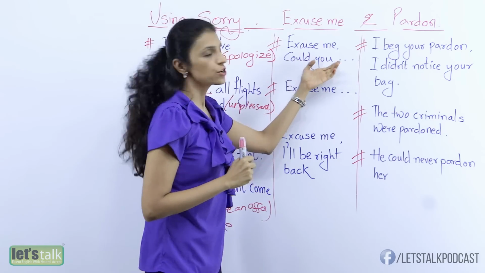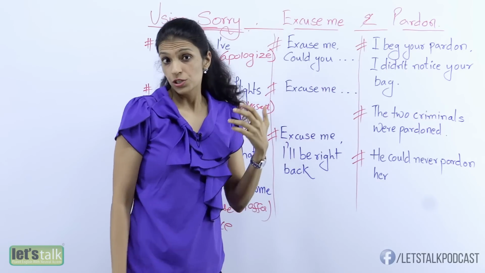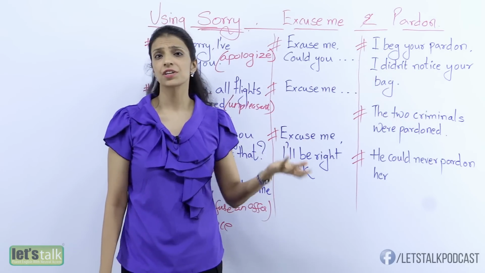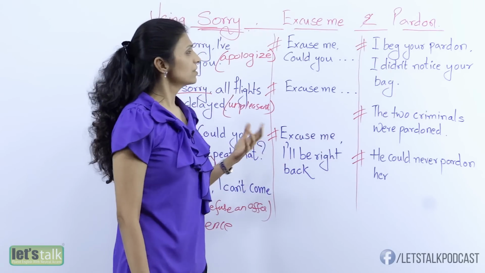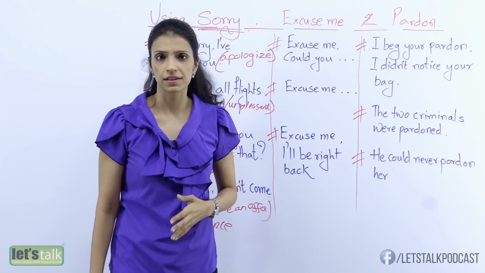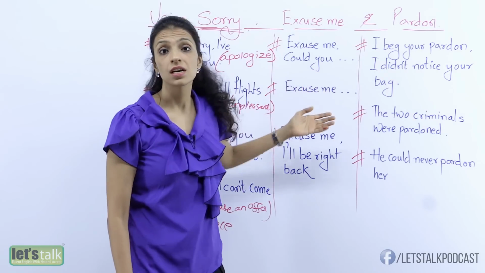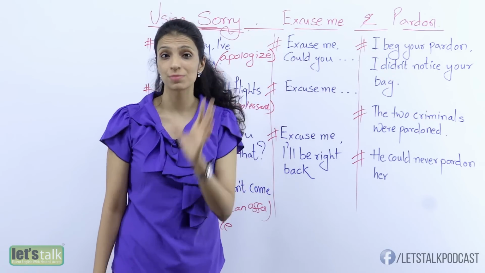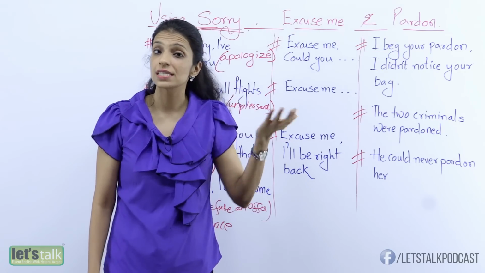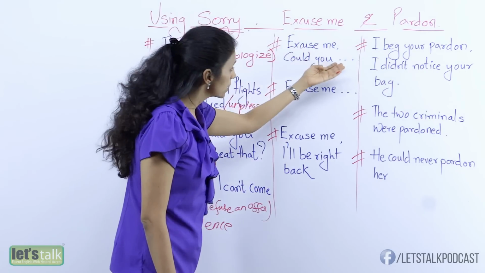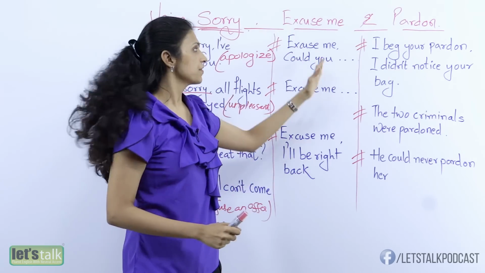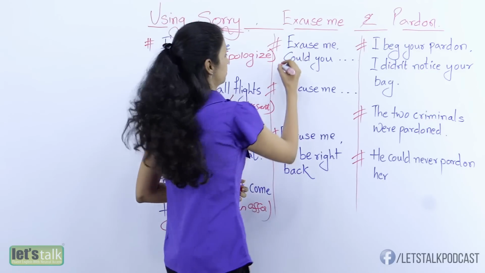So, excuse me, could you? Now, you want to know the direction to, say, a bank in an area that you've never been before. You want to ask a stranger, so you don't say, hey, hello, shh, shh. You don't do that, that's rude. You say, excuse me. And why do you say excuse me? Because you want to grab his attention, you want him to listen to you, and of course, you do not know his name. So you say, excuse me, could you please tell me how to get to this so-and-so bank? And that is how you use excuse me.